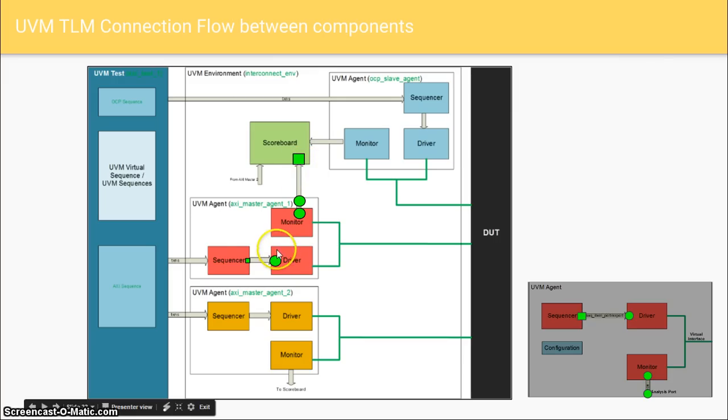So the difference between the driver part and the monitor part is that the sequencer and driver port and export implementation was already supplied with the UVM base class sequencer and driver, but there is no such default implementation of the monitor analysis port or scoreboard analysis export. You have to explicitly add your own analysis port to your own monitor class, and you have to add the analysis export to your scoreboard class. Now we will see the details.